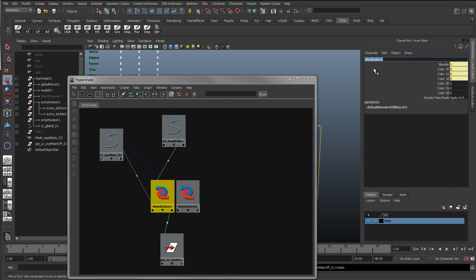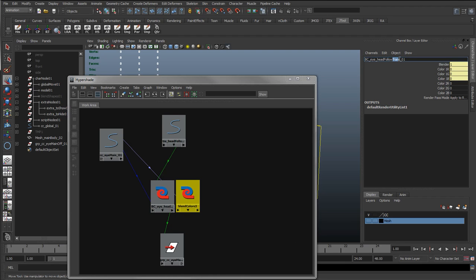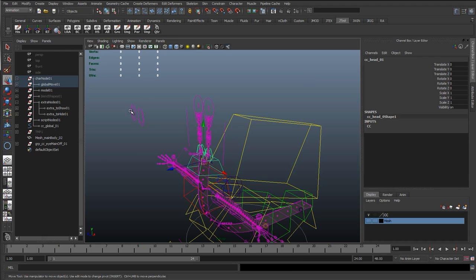Okay, so rename these blend color underscore, we don't need a left or right because it's the middle. This is going to be the eye head follow. This is going to be the follow trans. And the follow rotate. Okay, so we can test this out. It's got a value of 1, should be following the head. It's now following the head. Move this about,